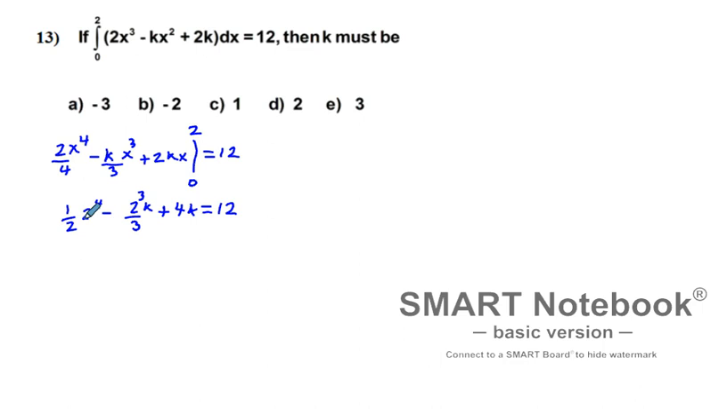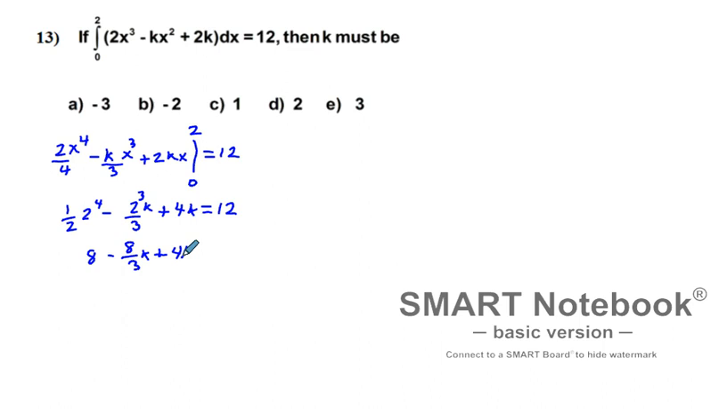And so what we have on the left here is 2 to the 4th power 16, 1/2 that is 8. So 8 minus 8/3 k plus 4k is equal to 12. And if we subtract 8 from both sides of this equation,